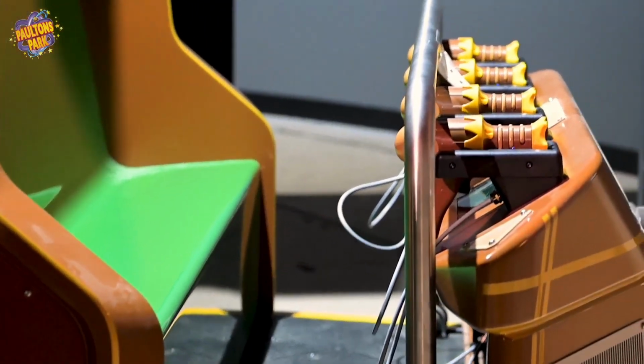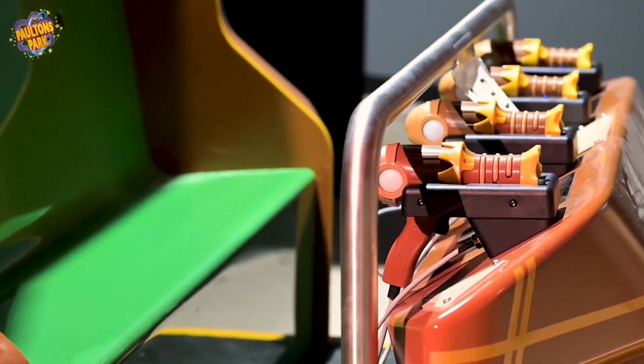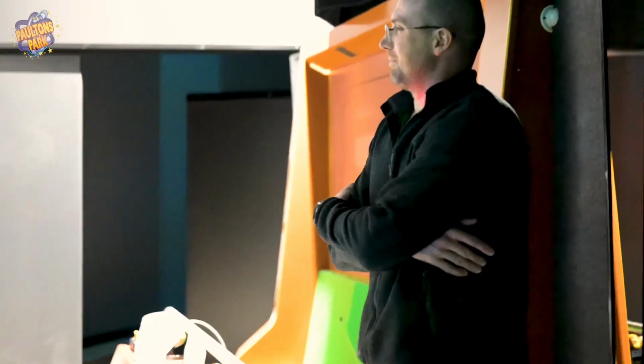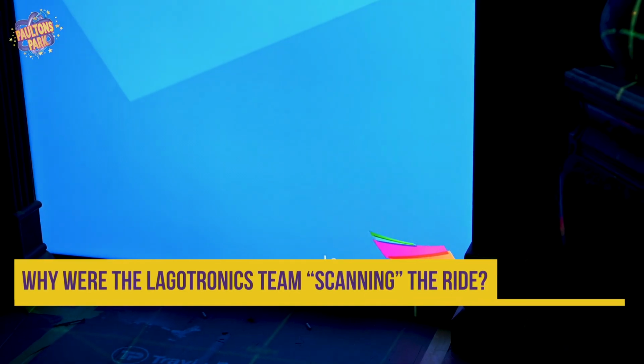But eventually you don't need an actual physical wire like this to make it work. We do have it because it's more convenient for charging and stuff like that, but you could run around in the room and it will detect everywhere you're walking. I saw a few weeks ago some of your team were in here scanning all the scenes. Is that what then builds a picture for the...